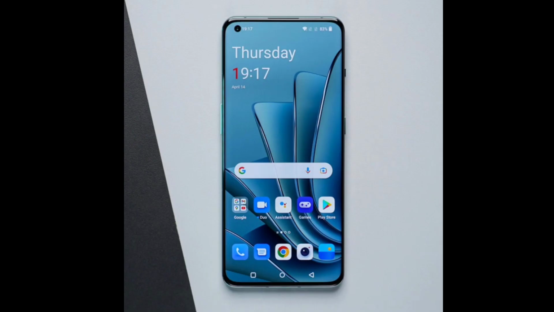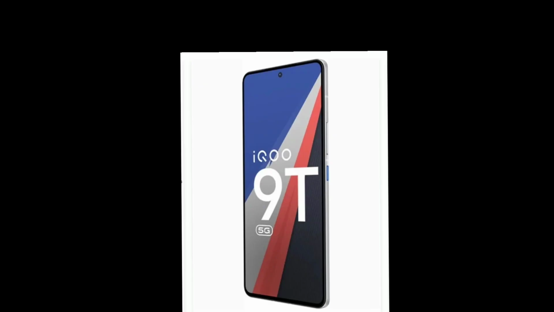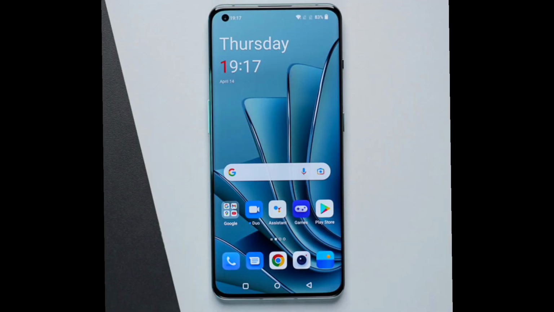So finally, OnePlus has a better display, clean Android experience, and slightly better battery and charging speeds, whereas iQOO has a relatively superior camera setup. If you want a good camera and a balanced phone, go with iQOO. If you want a good display and clean Android experience, go with